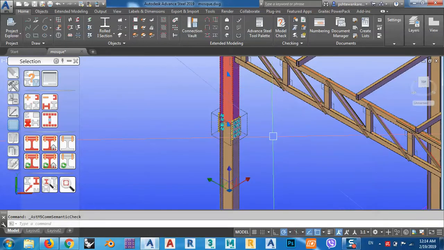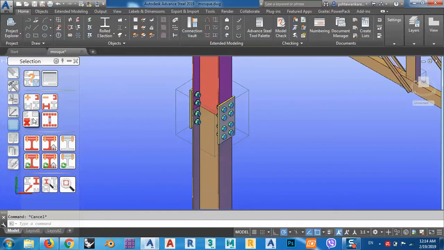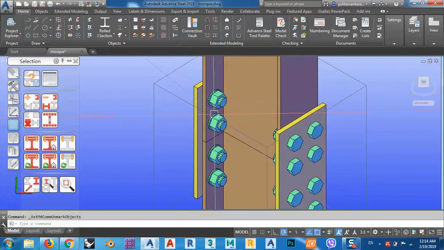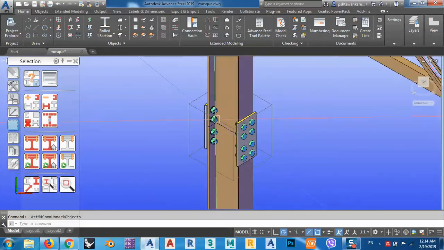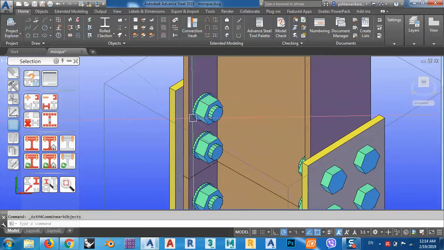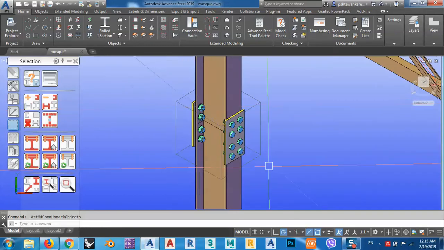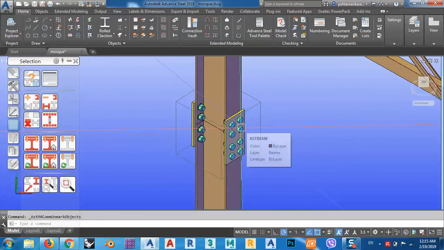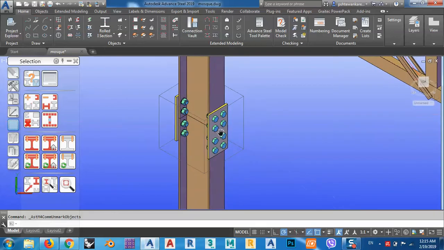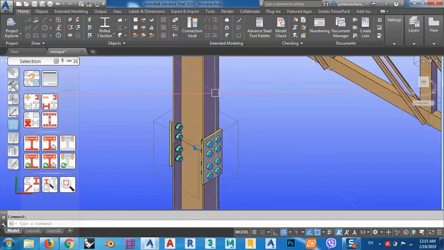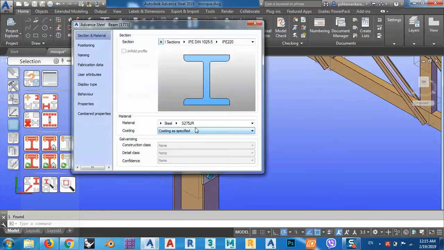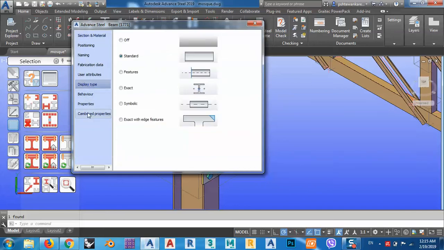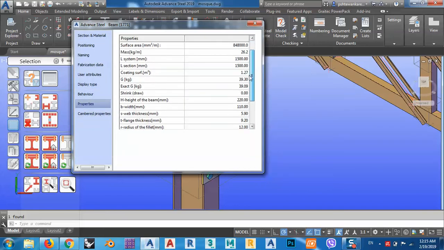Again, I have some problem. I can change it till I obtain the good distance. Okay, I don't want to waste my time. So you can just try and error, and you can get the distance, or you can measure. You can measure this one for example. What's its flange, and let's say in the properties, its flange width. It's 110